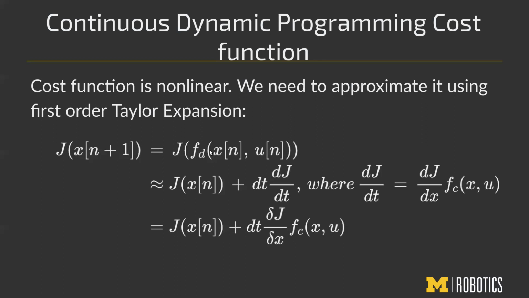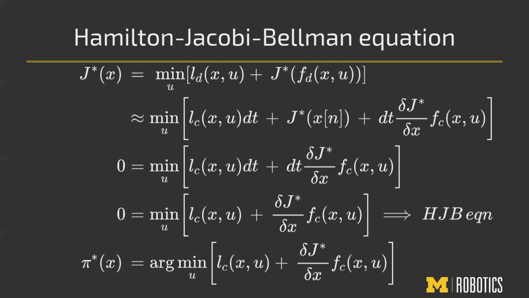So once you have this, we then replace. So we know dJ over dt is basically that. So we replace this dJ over dt with this formulation, and this gives us the linearized cost function for a continuous system. So once we've defined this linearized cost function for a continuous system, we then go on to